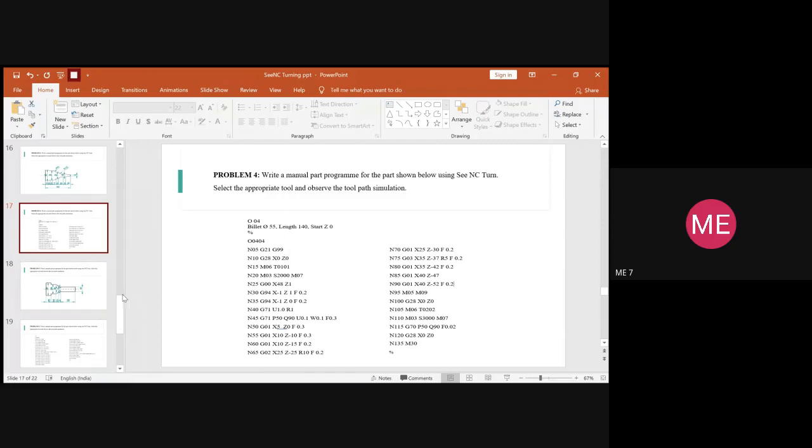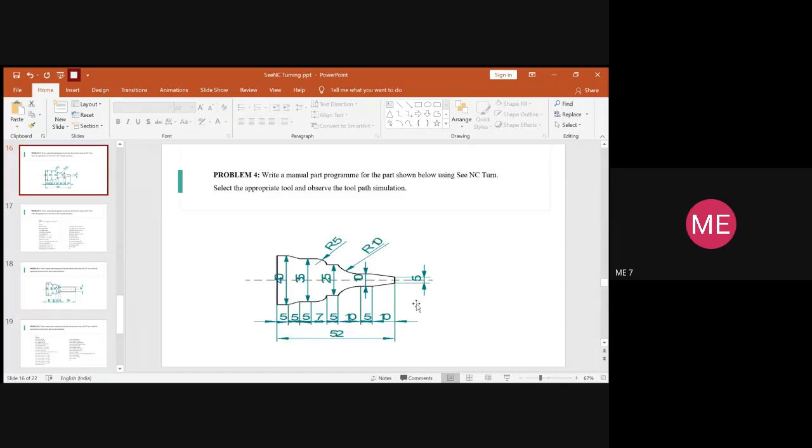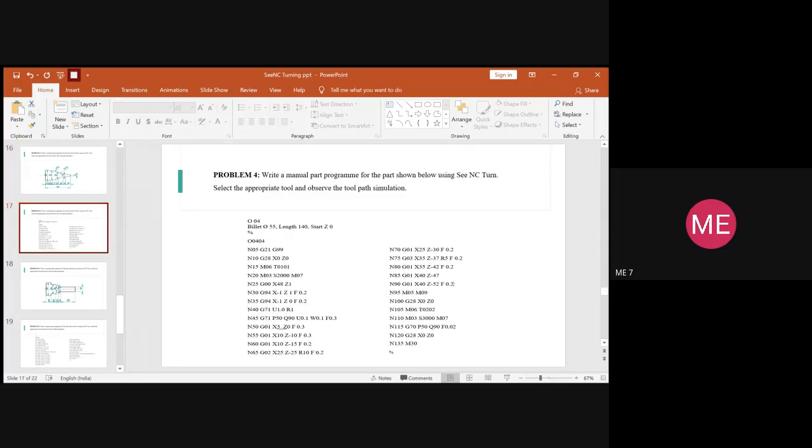So now we have to go back to our diagram, right? So initially, after setting all, now the rough cycle starts. So for that, you have to provide the x and z coordinate system, right? So here, the dia of the first block here is of 5. So you will give x is equal to 5 and z will be 0. So you will type here as shown, right? So x will be 5 and z will be 0 and feed rate you will type as per the requirement. And here the feed rate is given as 0.3.